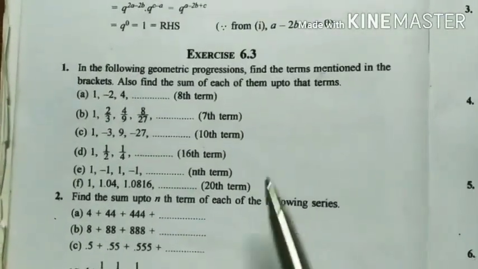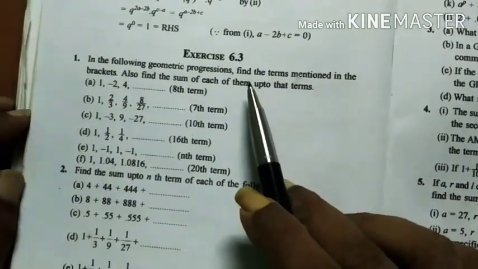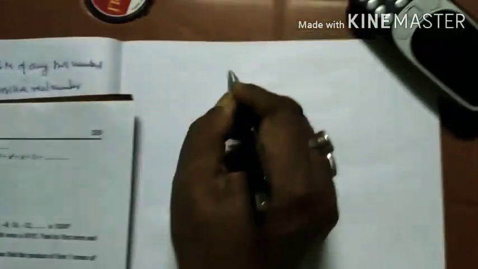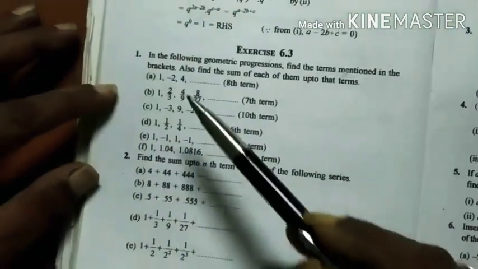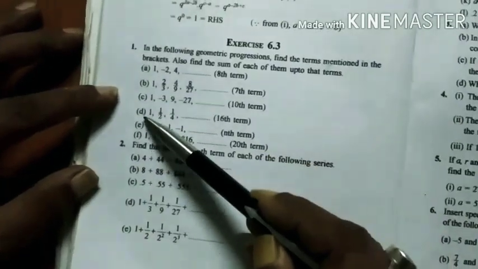Now I am going to start exercise 6.3. This exercise deals with geometric progression. The first question, exercise 6.3. See, in this set in the exercise, in the first question there are 1, 2, 3, 4, 5,